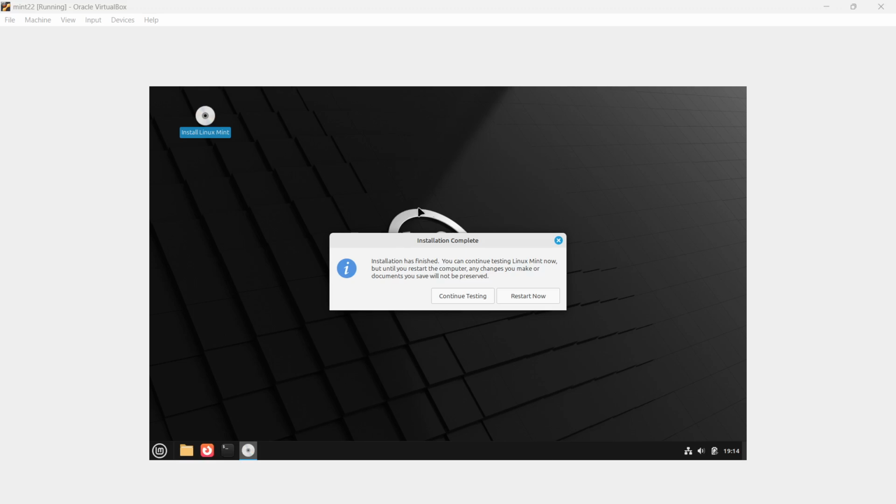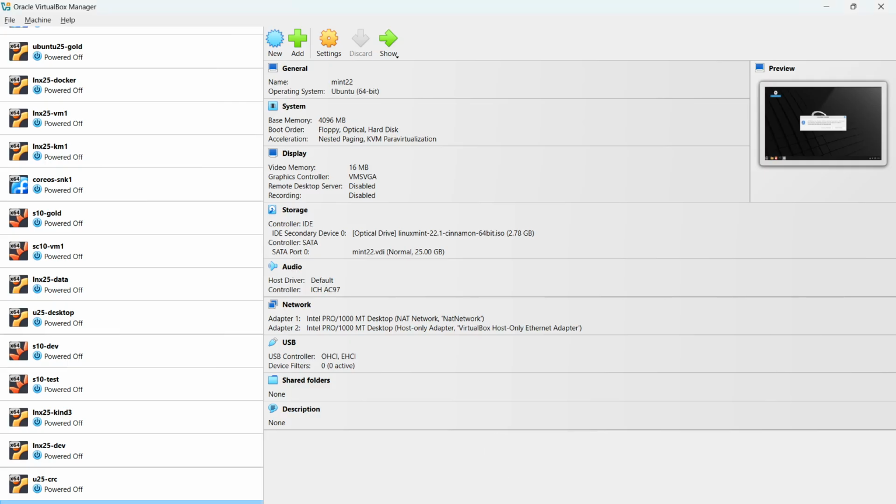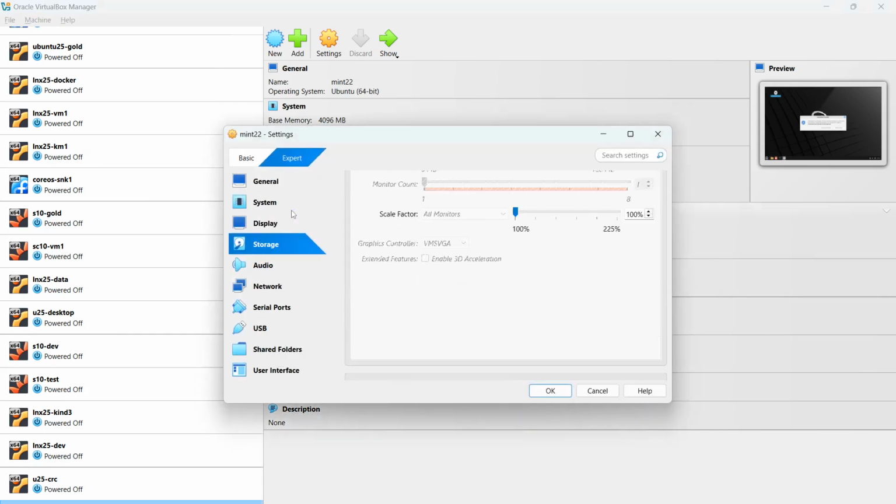So you can see the installation is completed. It is showing that it is finished. You can continue with Linux Mint. Now you can restart your computer. Before performing a restart, you can double check whether the ISO is detached or not, because otherwise it will reboot again. So here from the storage,